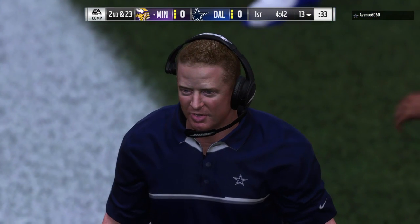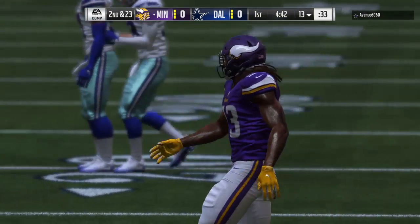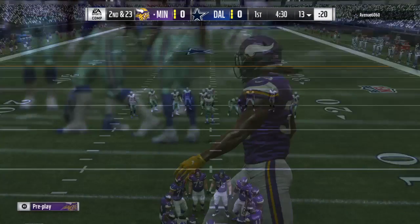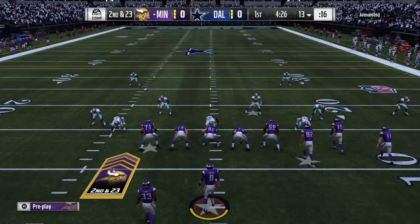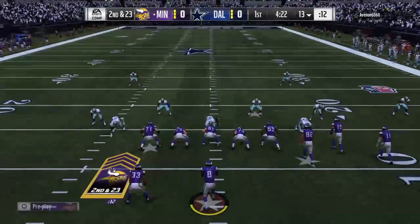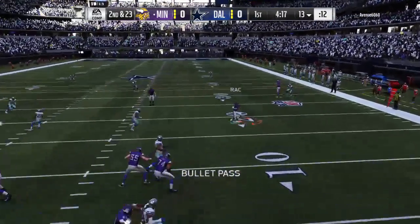You know what the key to a good screen pass is, don't you? Bet you're going to tell me. Good blocking? Well, good blocking eventually. But first is good acting. You want to let the defenders go past you, leak out to whichever side or even in the middle where you want to set up the screen, and then you do your blocking. How about the read, though, by the defensive guys? They weren't fooled at all and actually ran with the lineman to where the play was and smothered it